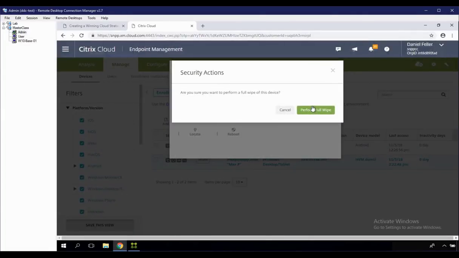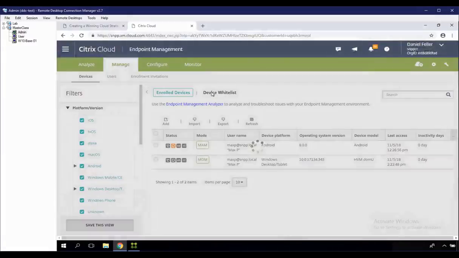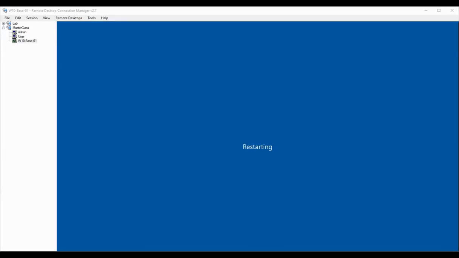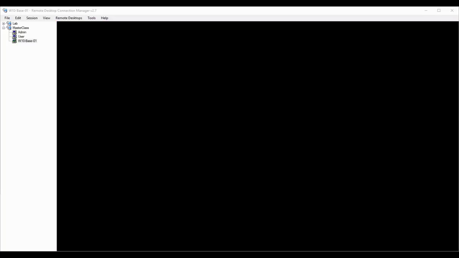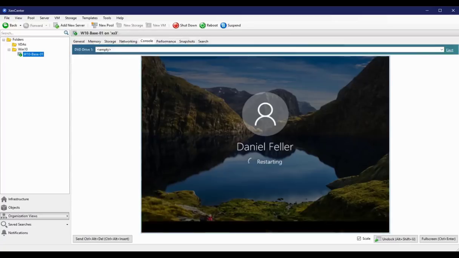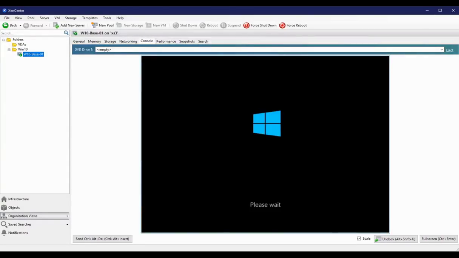And I need to quickly go over to the VM that I did this to. And what you'll be able to see is it starts shutting down. Okay, so now I won't be able to see it. So now I'm going to load up XenCenter so we can look at the hypervisor, because this is a VM. And you're going to see what's happening to this Windows 10 device since I did the full wipe. So it's shut down, it's rebooting,